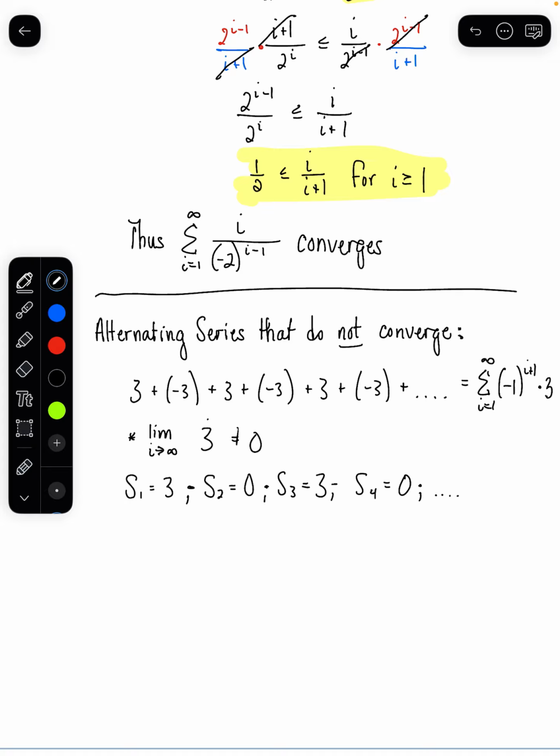Another example of an alternating series that does not converge would be the series 2 over 1 minus 1 over 1 plus 2 over 2 minus 1 over 2 plus 2 over 3 minus 1 over 3 plus 2 over 4 minus 1 over 4, etc. In this case, this does pass the first condition